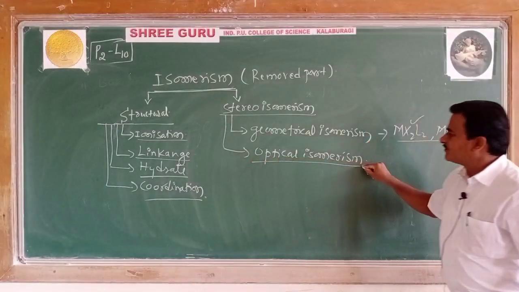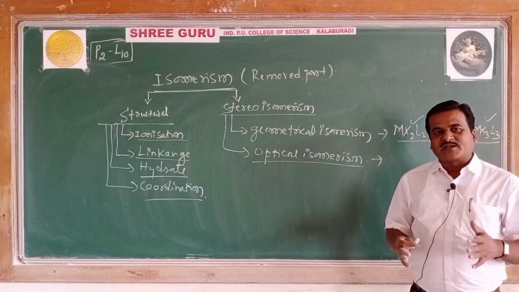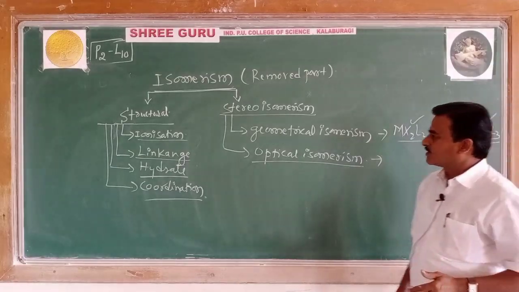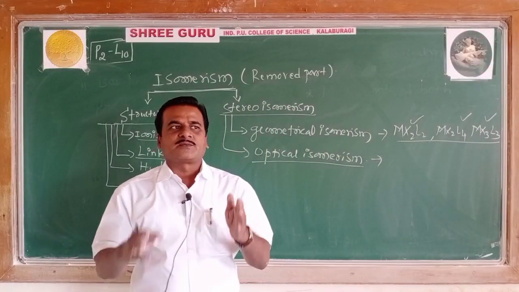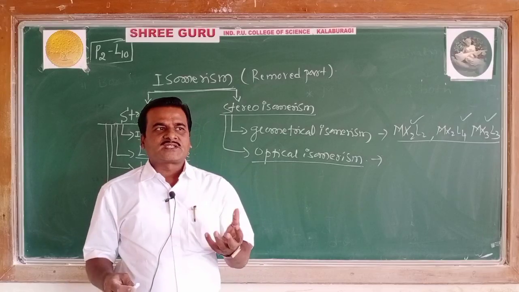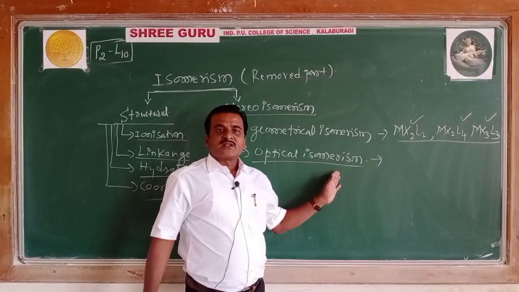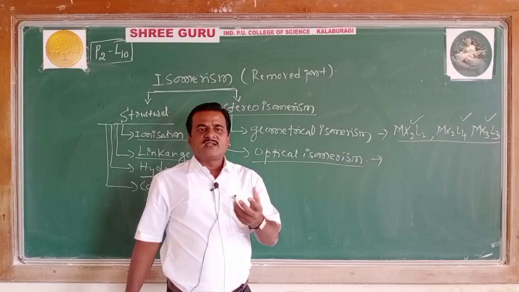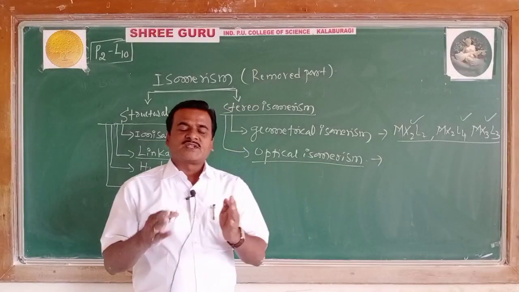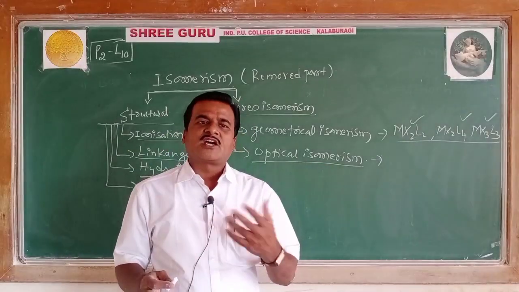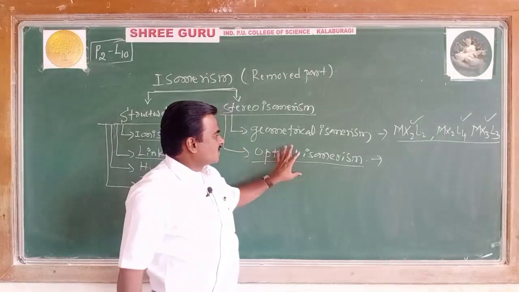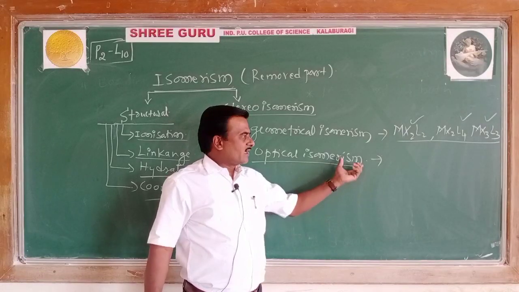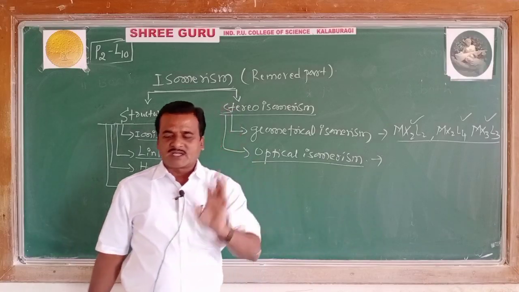Coming to the optical isomerism, see, the complex containing the bidentate ligand usually shows the optical isomerism. The optical isomers are those which contain non-superimposable mirror images. There is a chiral carbon, active carbon. So these are isomers which are the mirror images with each other, and non-superimposable mirror images will show the optical isomerism, where you have levorotatory and dextrorotatory, and that is the part with respect to optical isomerism.